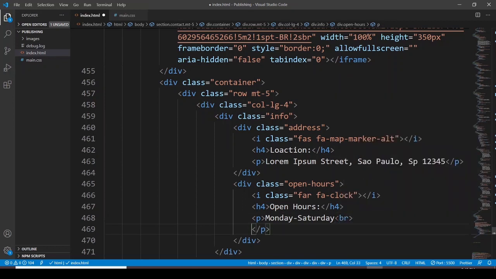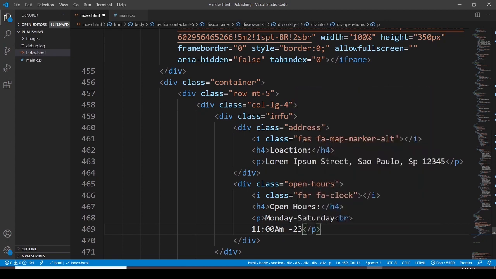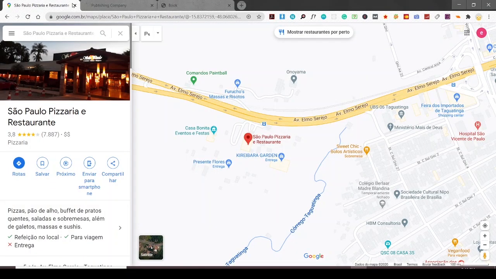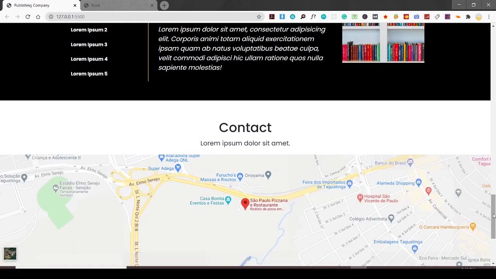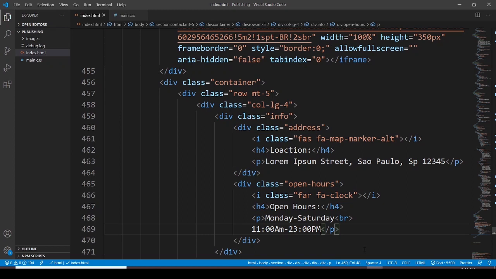Then after, we have to say that the timings are going to be 11 a.m. to 11 p.m. Hold on. Let's save it and let's see. First of all, let me close this one. Okay. Location and opening hours or open hours. And then we have to go with